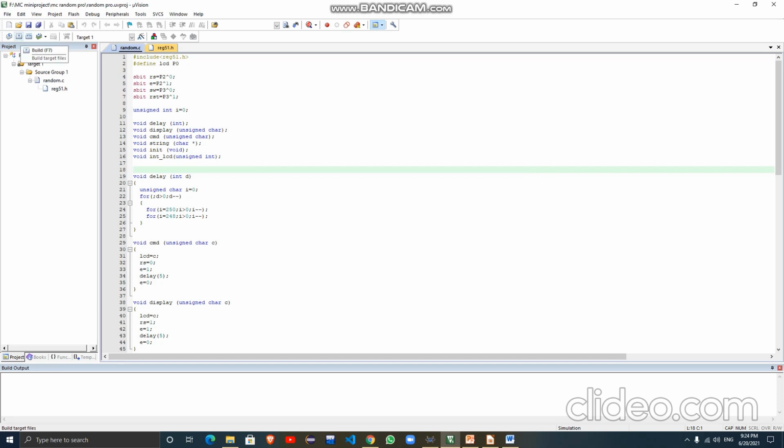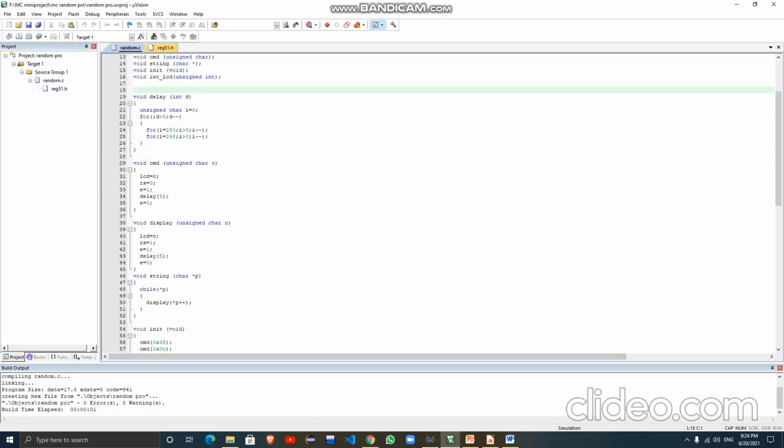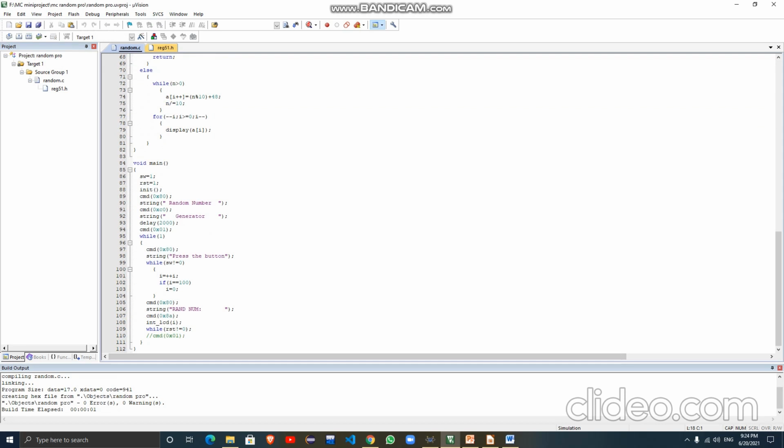I hope you can see the mouse pointer here. If you build this, see, there is no error and no warning, and the program says it executed random C and created the hex file. Okay, now I will show you the Proteus software.